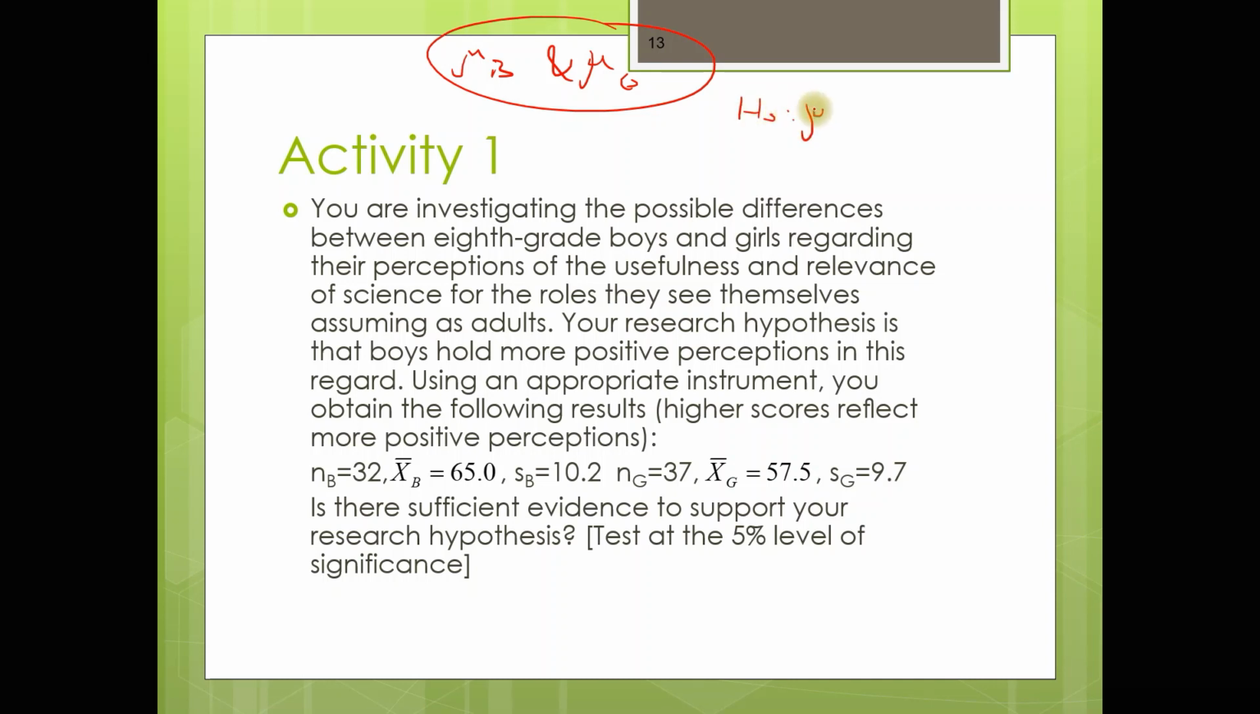H naught is such that mu b minus mu g equals 0, or H1 is such that mu b minus mu g can either be not equal to 0, or greater than 0, or less than 0. It depends on what is being asked here. So I leave it to you to find out yourself what it is supposed to be. The other thing is